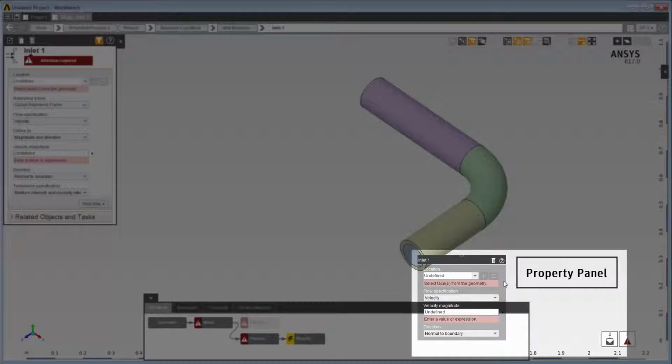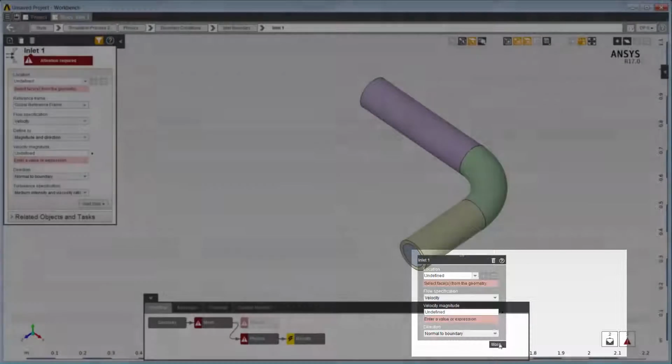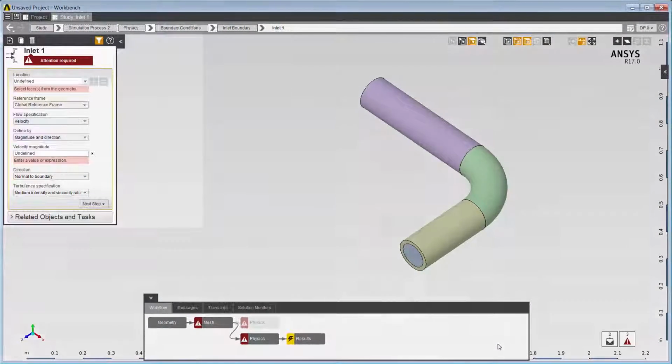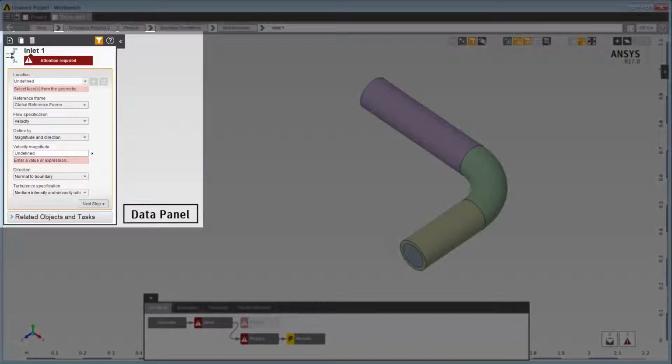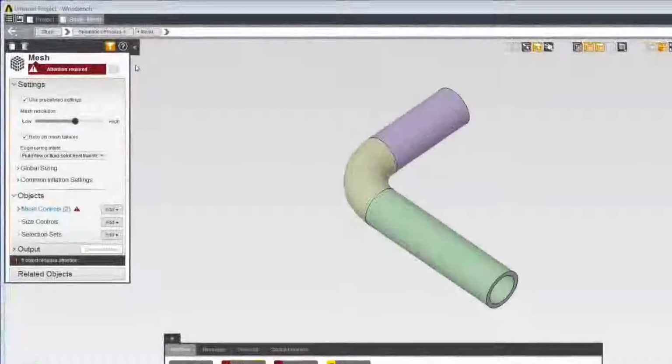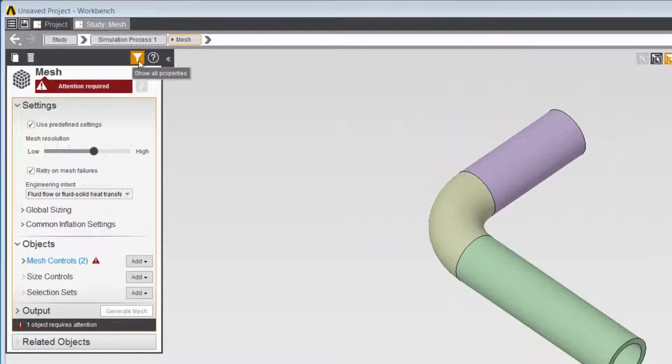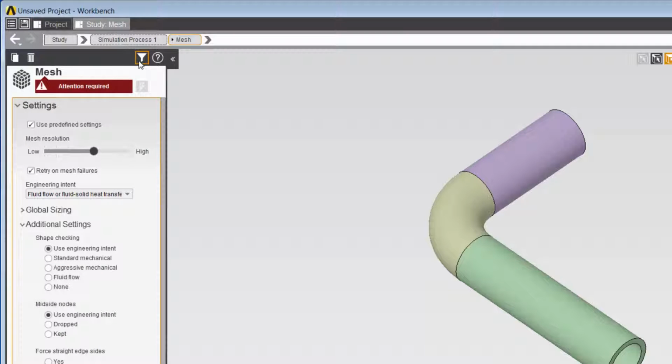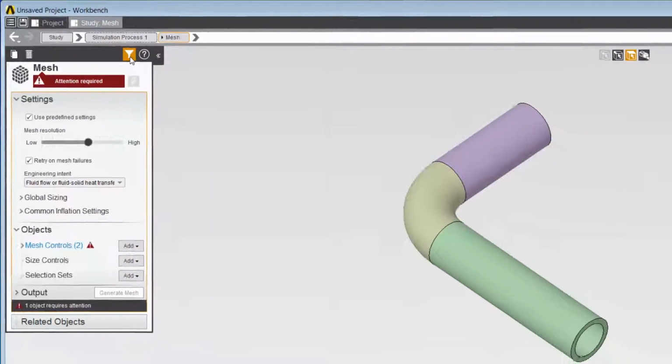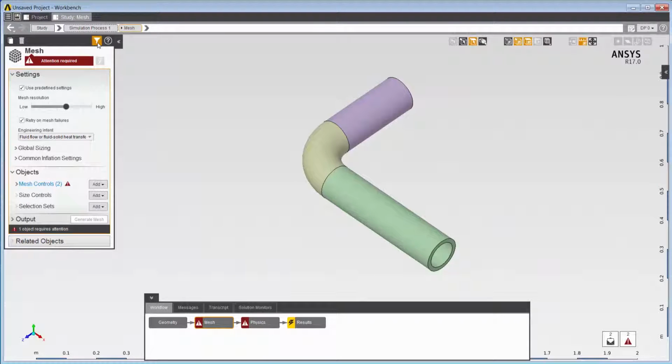Property panels define the minimum input requirements for a task, and using them is the fastest way to set up your simulation. If you need more control beyond what the property panels offer, the Data panel gives you access to more typical properties and options to customize your simulation. And finally, on some data panels, this icon exposes all of the setup options available for the greatest level of control. Using a template combined with the Workflow tab and the property panels, you have everything you need to successfully